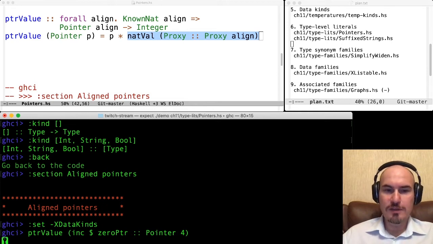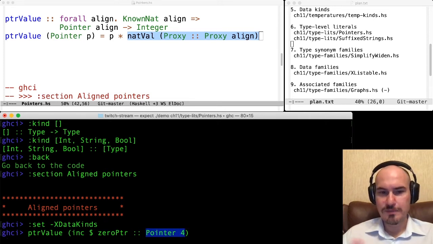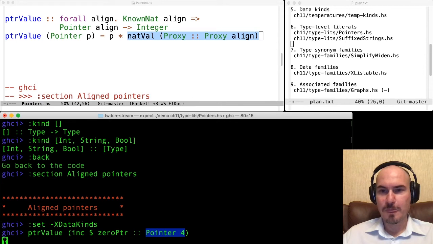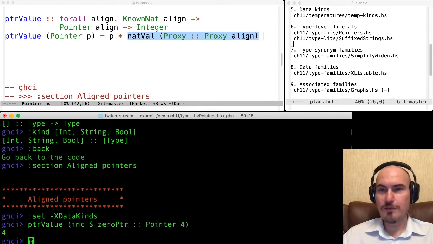You see, we have this information in the type, pointer 4. So it's 0 pointer and then incremented. And we expect that the result will be 4. And it's really 4. Incremented by 1, 0 pointer has a value of 4.